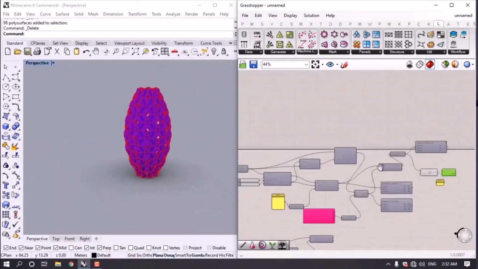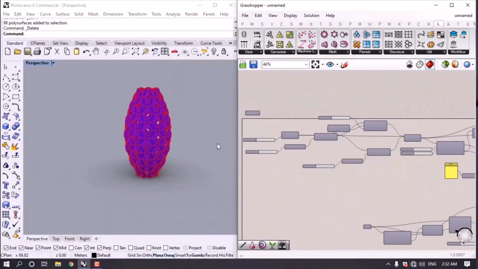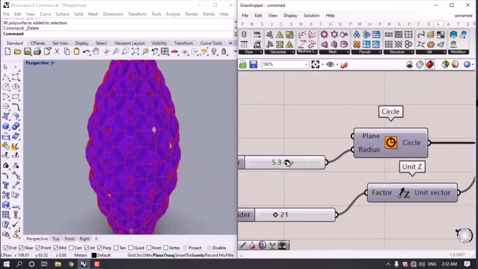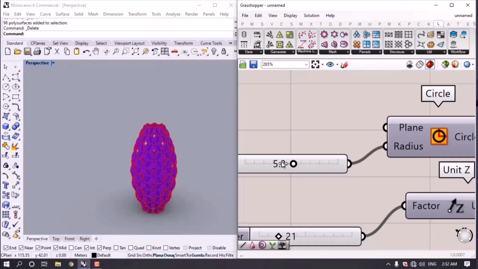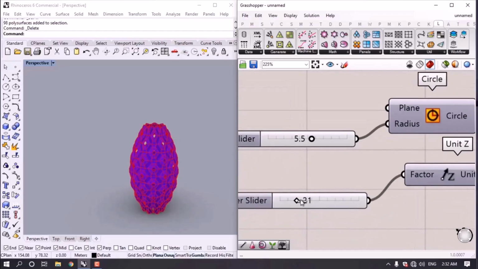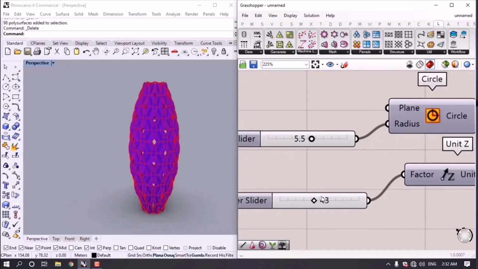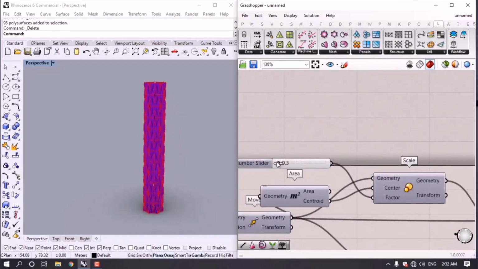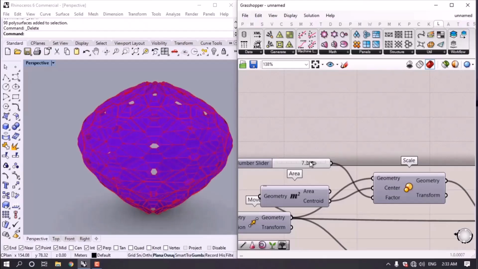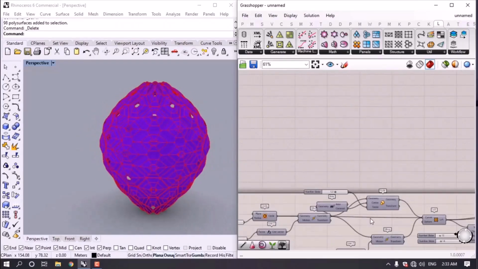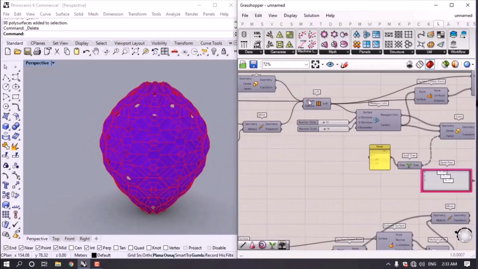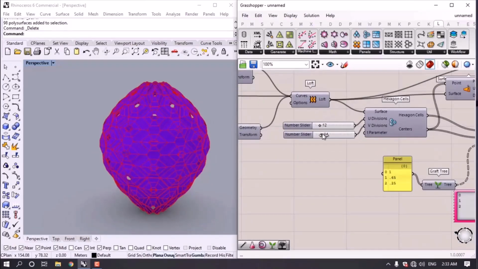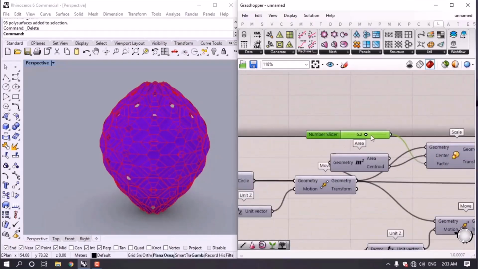And here we can control the object in multiple stages. Firstly, we can modify or edit the radius of the circle at the top and bottom. Watch this. I mean, in general, we can scale the object. Watch this. Or controlling the height and scaling, controlling the radius of the middle circle or middle part of the object, and the number of divisions in U